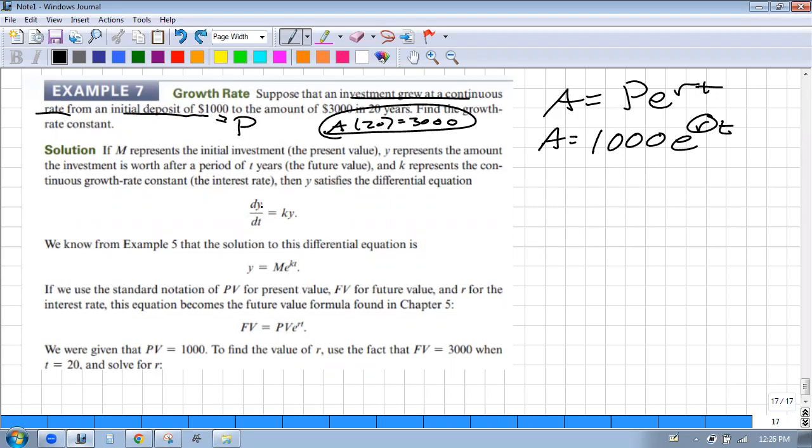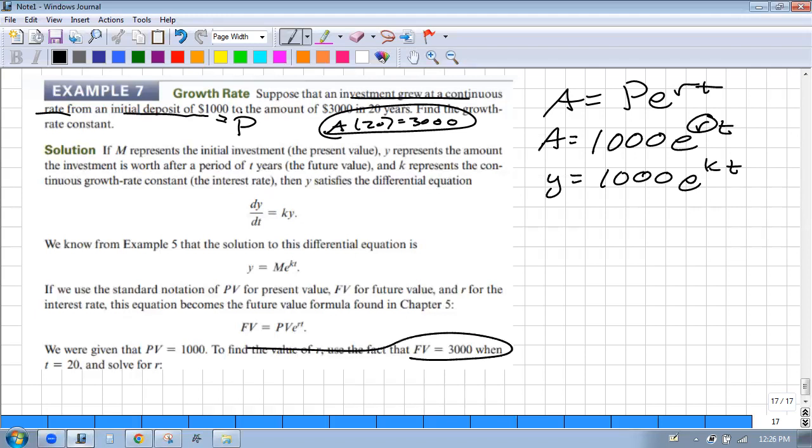All right, they call it A, I'm going to call it A here. They call it k, I'm going to call it r, right? So we say y equals, using their letters, all right? We're doing finance, we use amounts and principals and rates, right? But they're sticking with the generic form. So